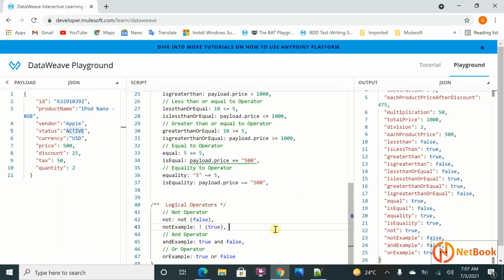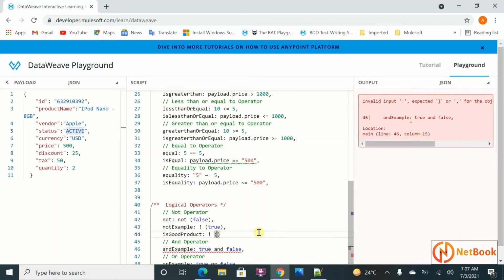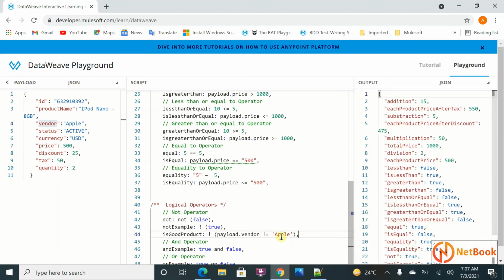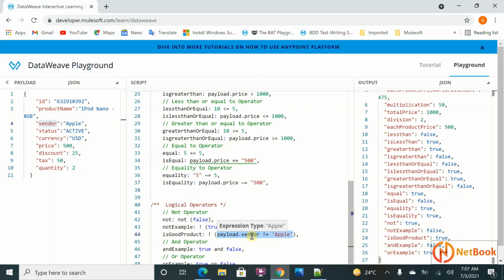I'm going to discuss logical operators over here. I'm going to say is good product. I'm going to use the not symbol over here: payload dot vendor equals to Apple. That means if it is not Apple, is it a good product? There is a chance, yes, there might be a good product. So this is going to return false because the vendor is Apple, so this condition is not correct.